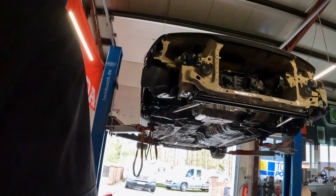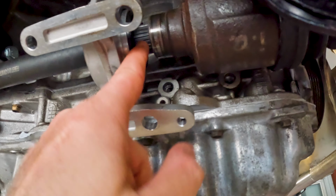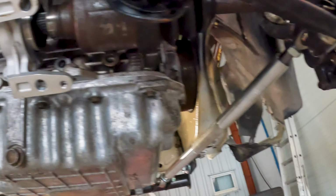So here is the other one installed again. As you can see, we have a big gap right there. It's at least 3/4 where this is too short. So I'm really in a bad pickle here with all this stuff,